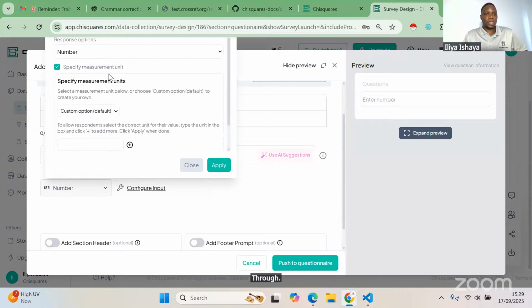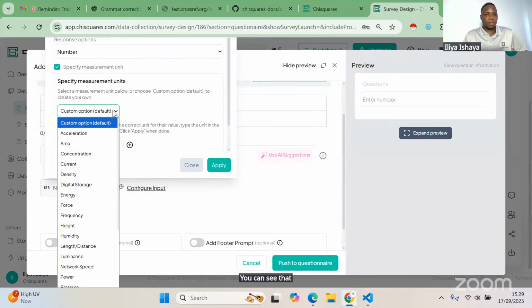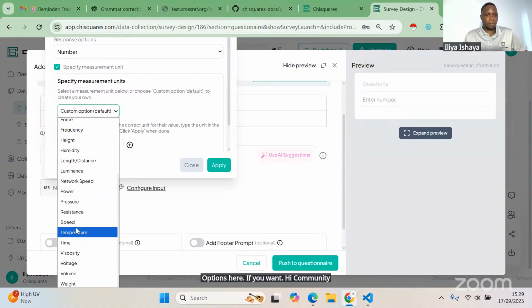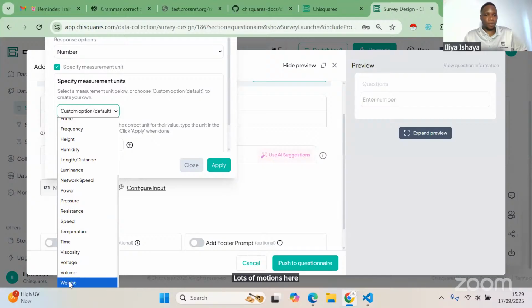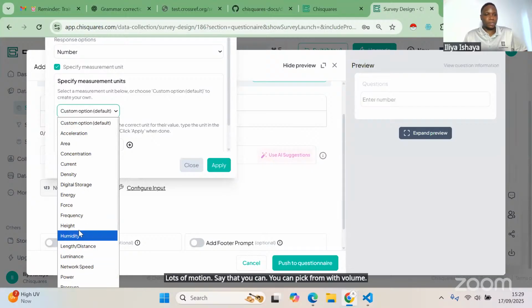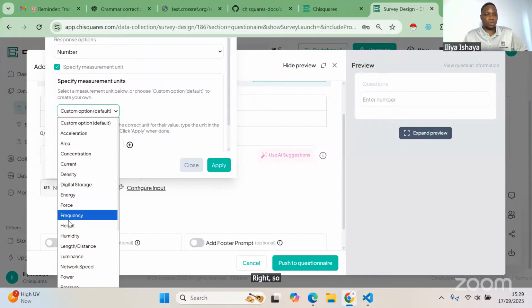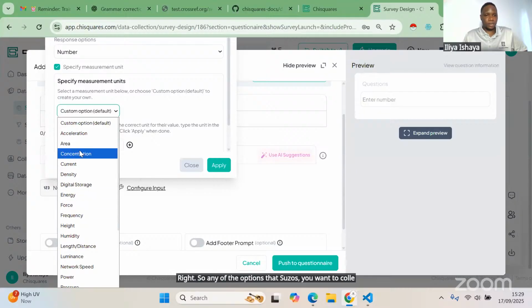So you can see that there are options here. If you want height, humidity, right? Lots of options here that you can pick from. Weight, volume, right? So any of the options that suits what you want to collect, you can just click on it, and then